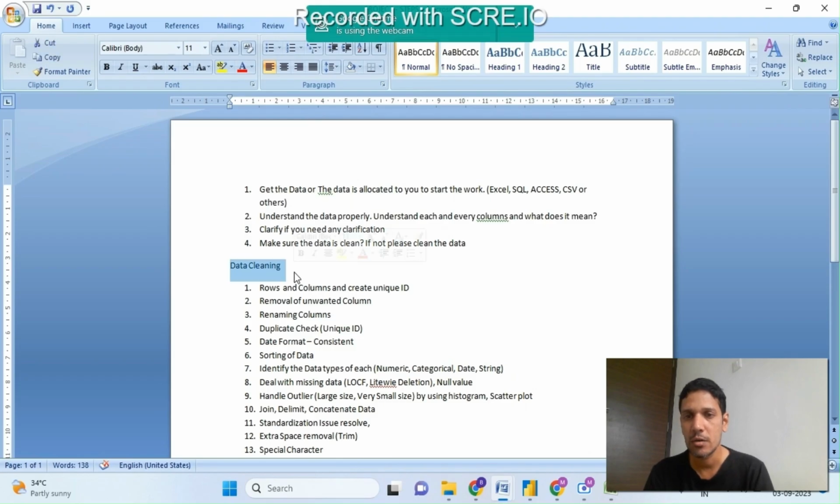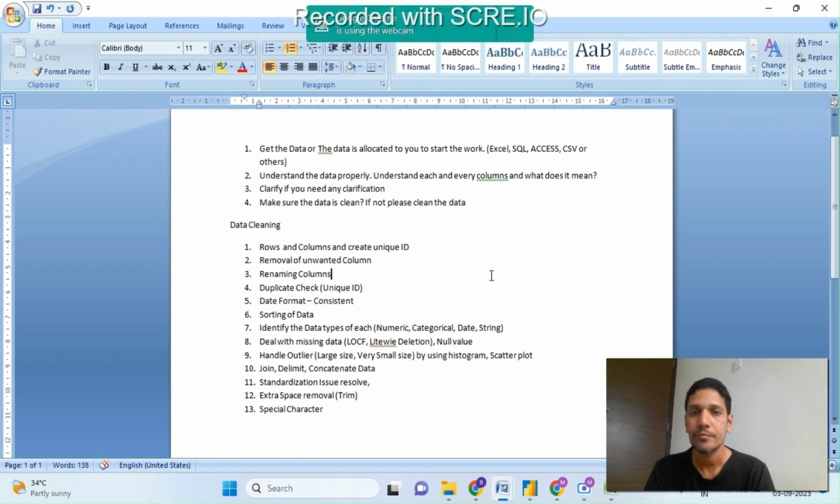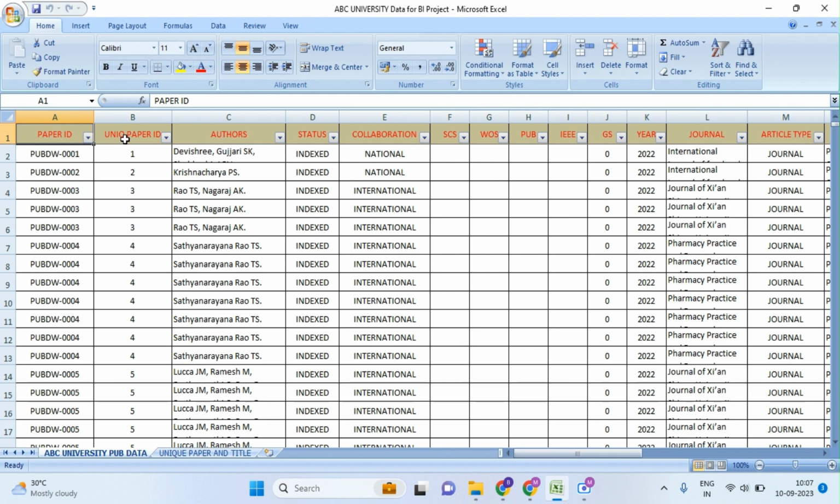In data cleaning, what should we normally do? The first thing is to make sure that the rows and columns are correct. You should know what each and every column and row stands for, meaning what the client wants and what parameters are given by the client as column headings. So in this project, this is the data set, and we have multiple columns